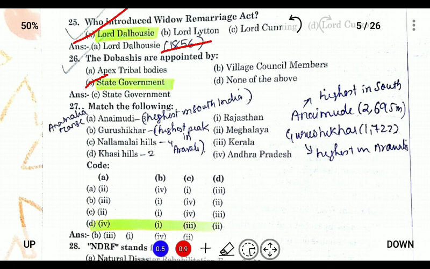Match the following: Anai Modi, Guru Shikhar, Nalamalia, and Khasi Hills. If we look for the common option, Khasi Hills is located in Meghalaya, and Anai Modi is the highest peak in South India, and it is located in Andhra Pradesh. And Anai Modi is located in Kerala. Sorry, Guru Shikhar is located in Rajasthan, and Nalamalia is located in Andhra Pradesh. So the answer is A is 4, B is 1, C is